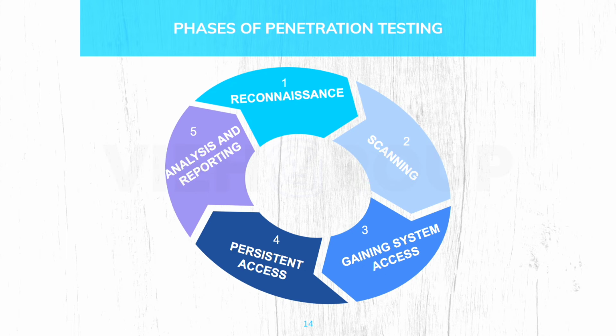The goal of this phase is to see if the vulnerability can be used to achieve a persistent presence in the exploited system to gain in-depth access. And finally, analysis and reporting. The results of the penetration test are then compiled into a report detailing specific vulnerabilities that were exploited, sensitive data that was accessed, the amount of time the pen tester was able to remain in the system undetected,